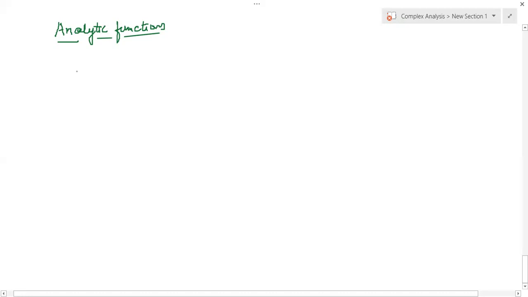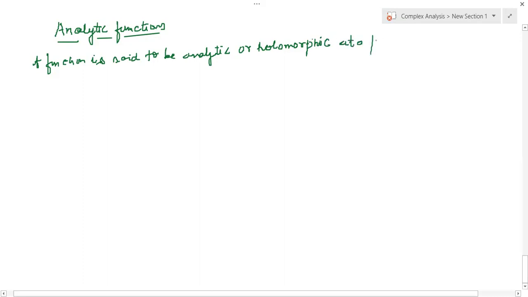A function is said to be analytic or simply holomorphic at a point, let's say point A belongs to C,